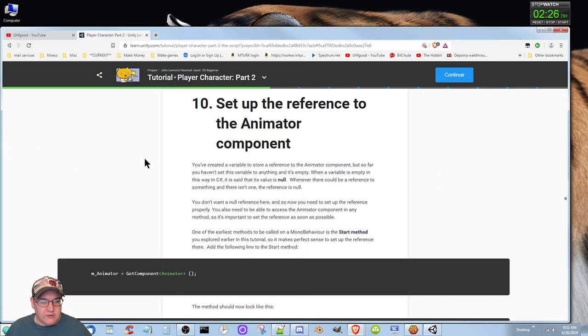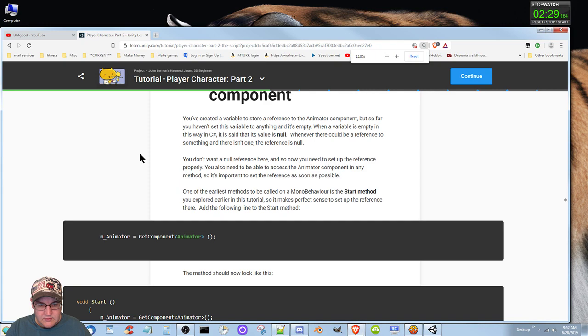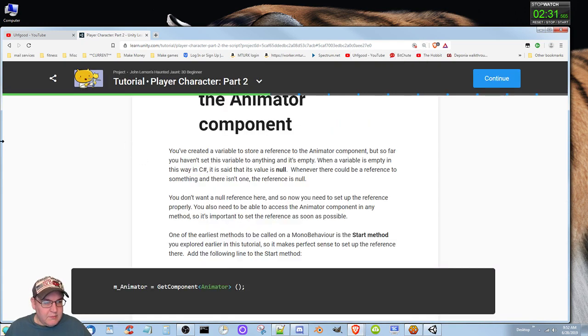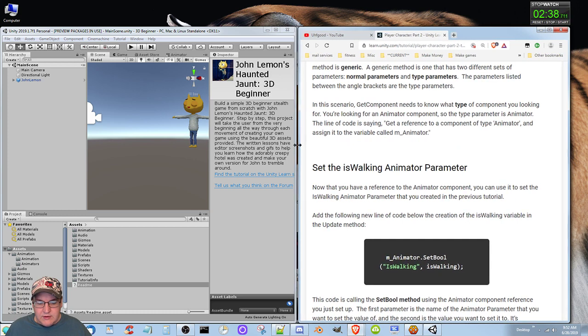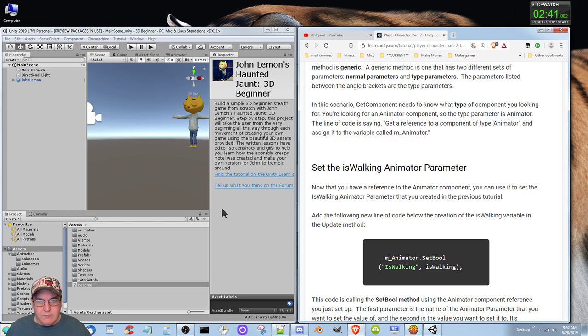Here, let's actually Control plus. There we go. But I think I know what I did wrong, so I'll attempt this after I finish the whole John Lemon course. After I updated, I needed to open the tutorial up in the new version of Unity, and it would probably have asked me if I wanted to convert.